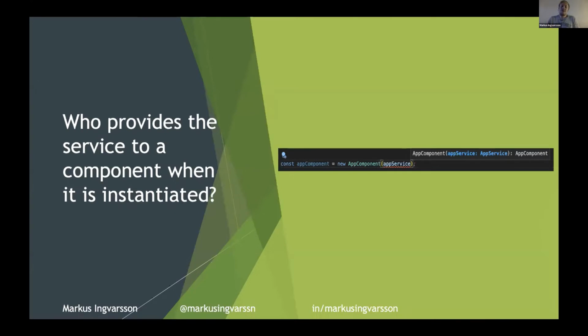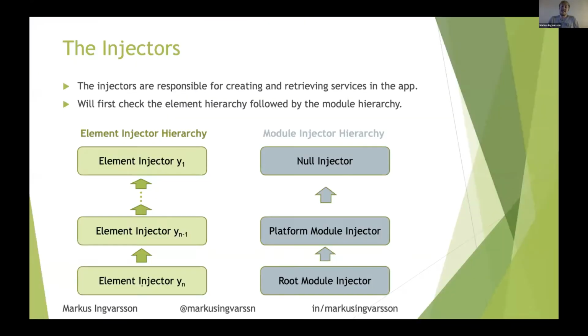So who provides the service to a component when a component is instantiated? This is the job of the injectors of our app. And there exist two injector hierarchies in Angular. Modules will only use the module injectors, but components and directives will also use element injectors.